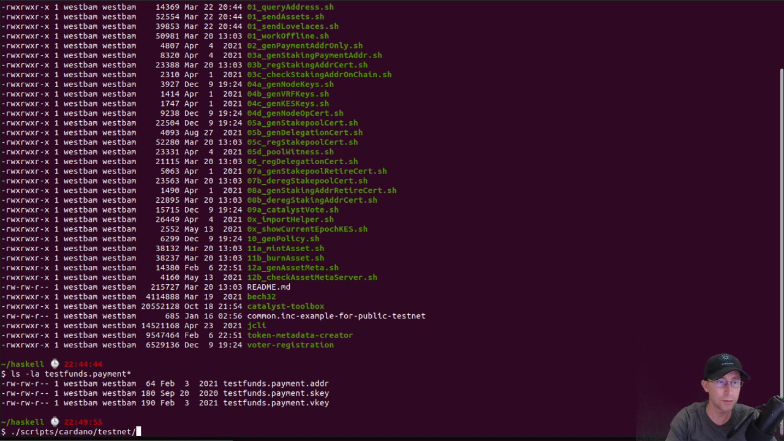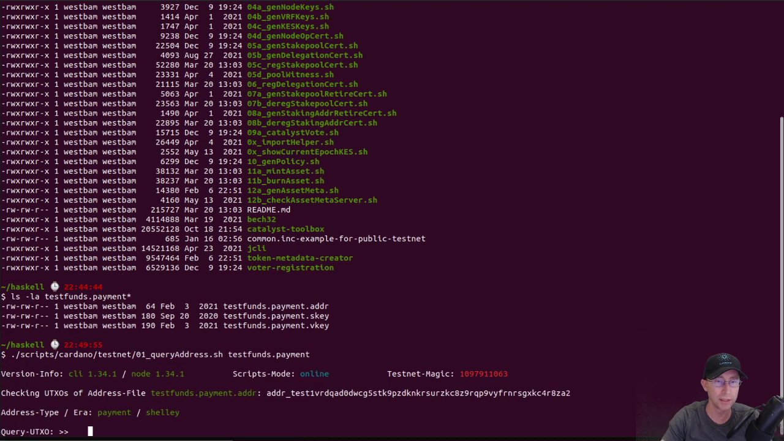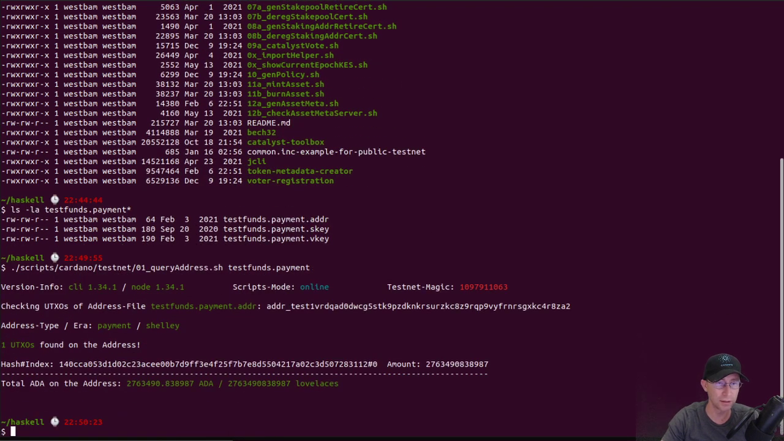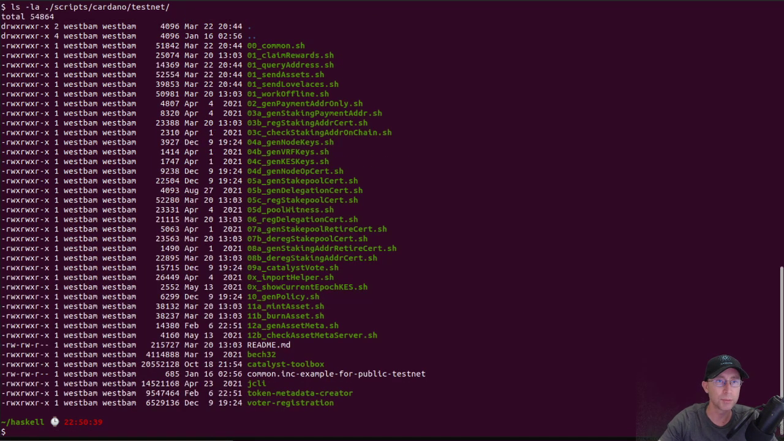Let's do 01 query address and look at the test funds payment. You don't have to put in the .addr at the end. And if you've set up his scripts correctly, you should see the amount of ADA that you have on that address. So now we know we have enough gas to go and make our token. The next thing we want to do, let's take a look at those scripts again, is go down here and run script number 10,